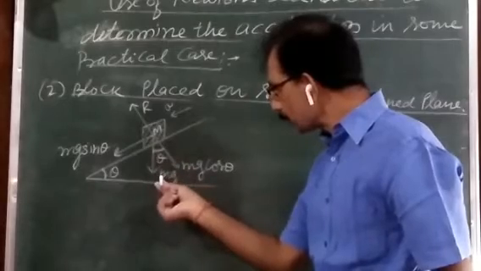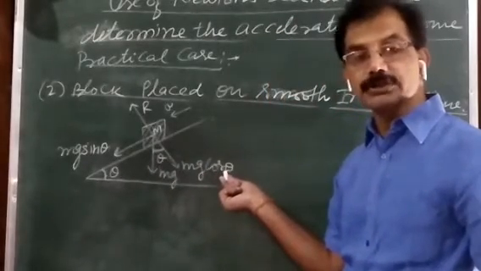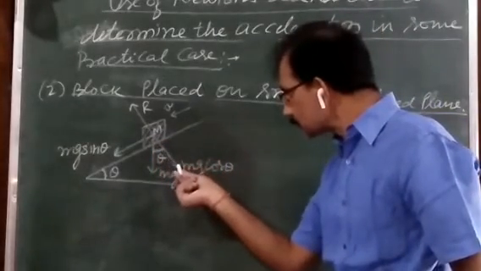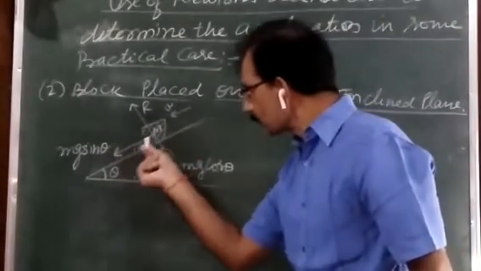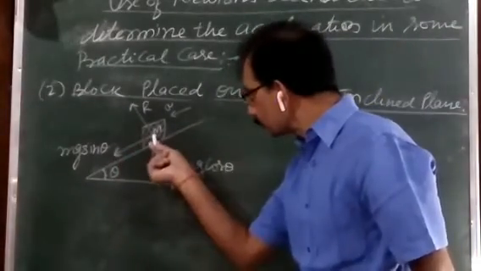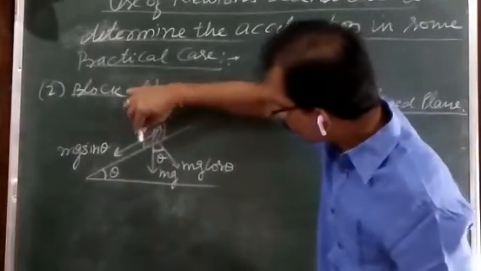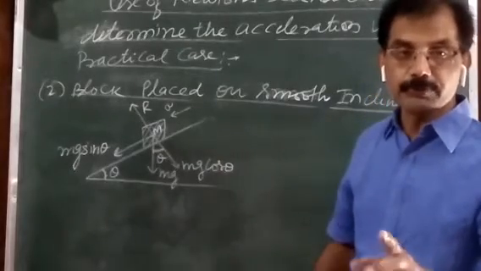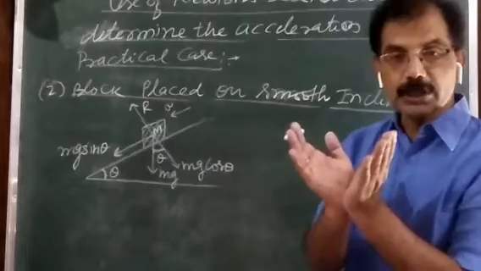थीटा। तो कंपोनेंट ऑफ mg along this direction always you will take mg cos theta and perpendicular to this, mg sin theta, the component of mg along this one, but this one is perpendicular to mg cos theta। इसका मतलब mg cos theta और mg sin theta के बीच में कितना एंगल होना चाहिए? 90। And already I have told you the angle between these two components should be 90 degree,